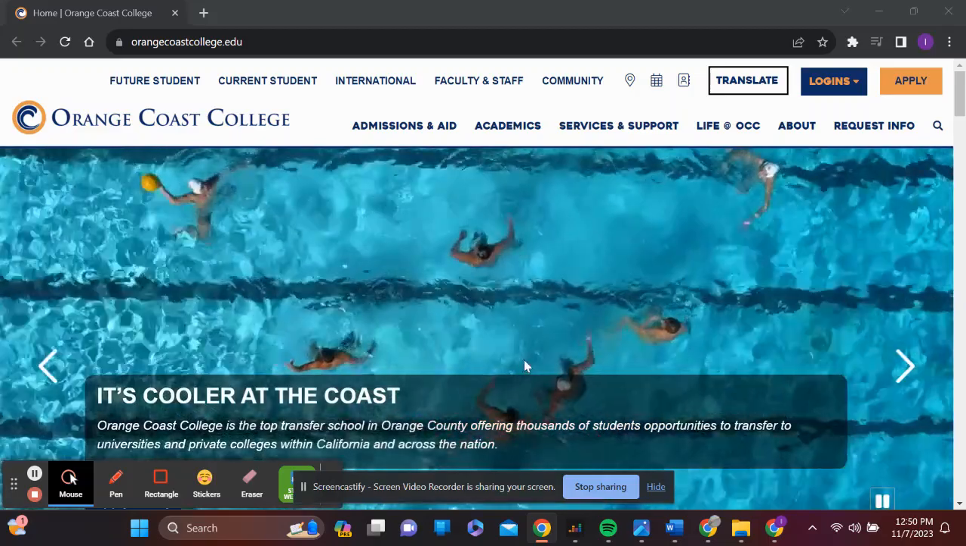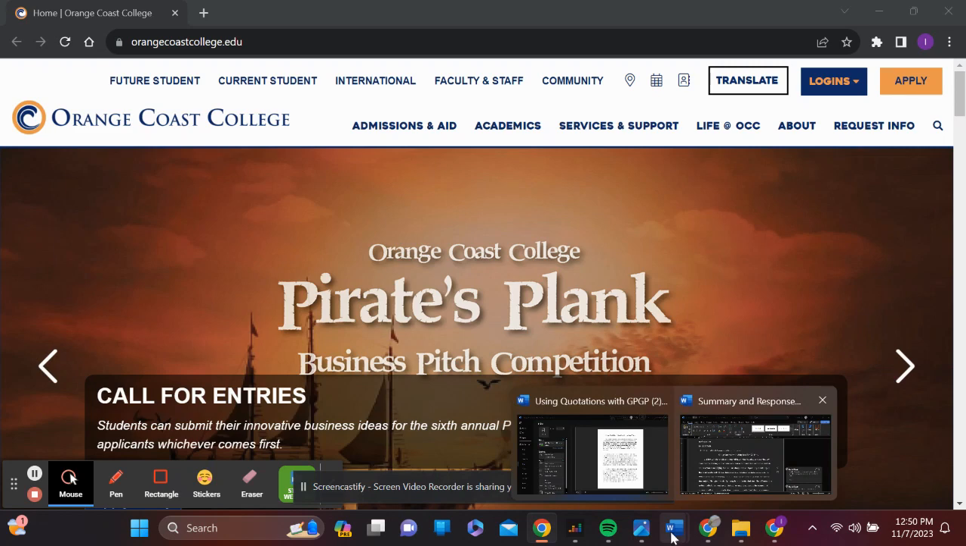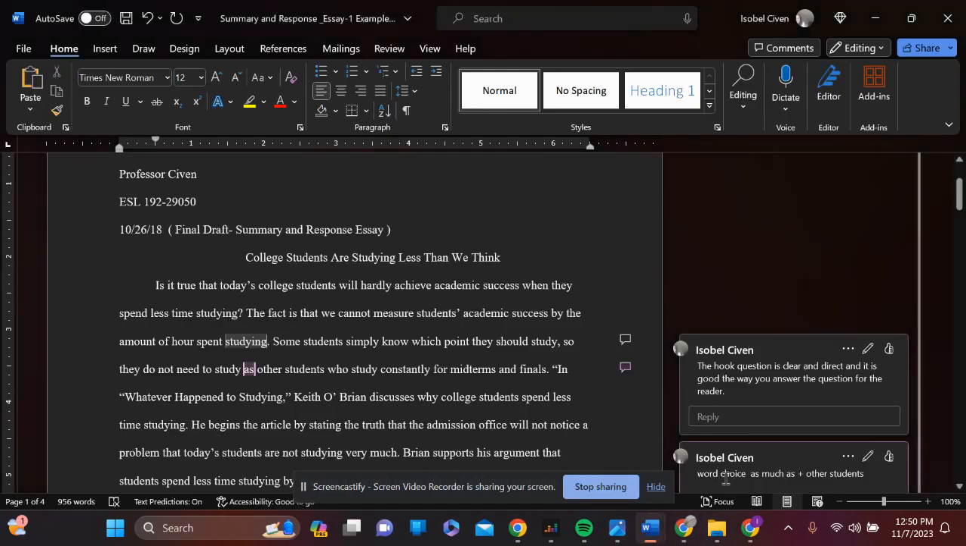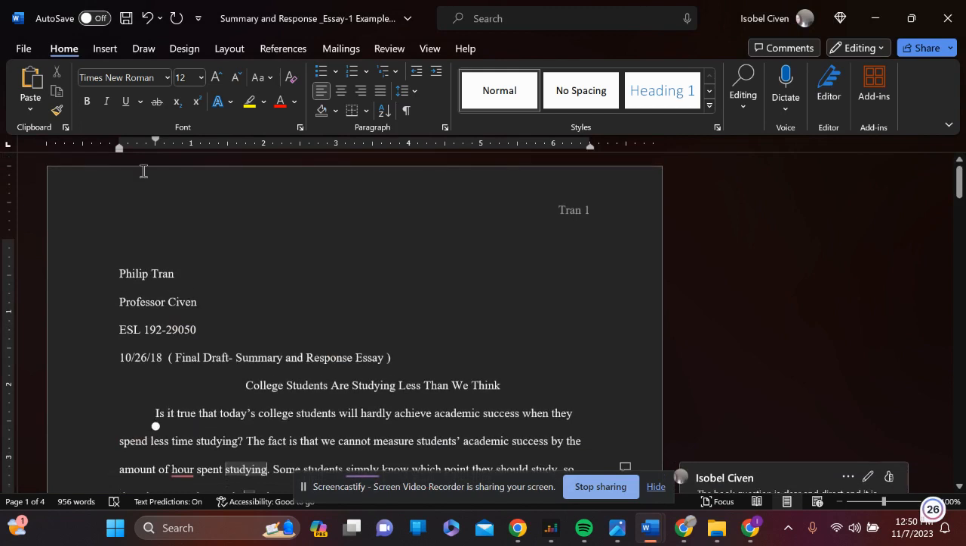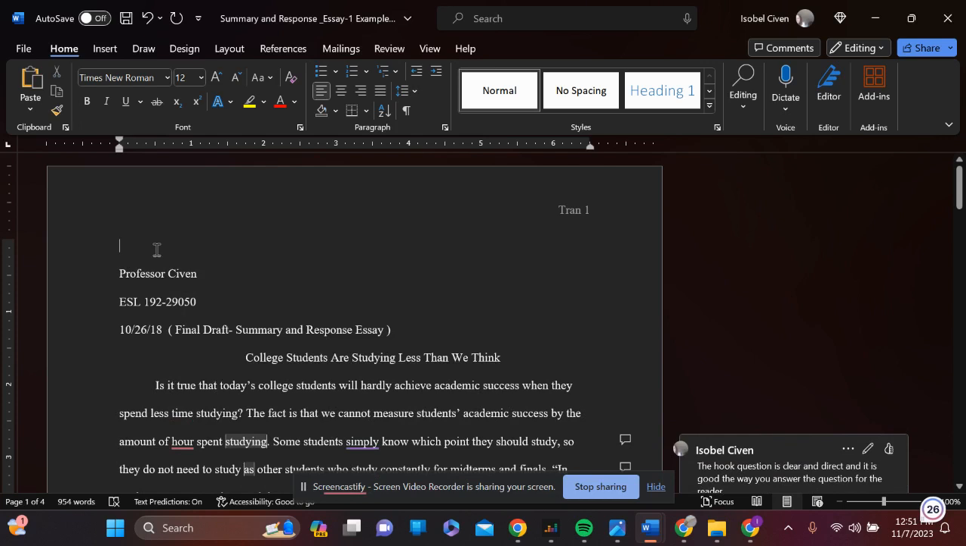Everybody, I want to show you how to format an essay using Microsoft Word and also following the MLA standards for formatting. So I'm going to click on this, and here is an essay that a student wrote a few years ago. First of all, let's say the student did not write his or her name. The student needs to write his or her name here,